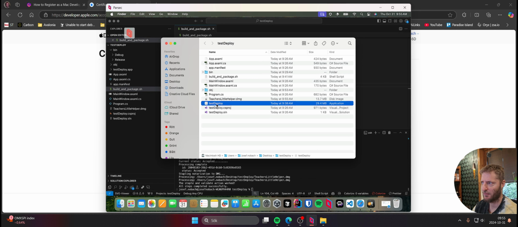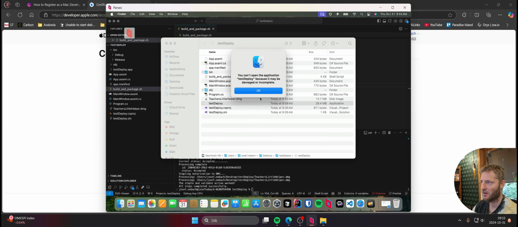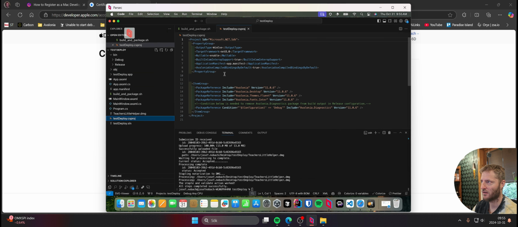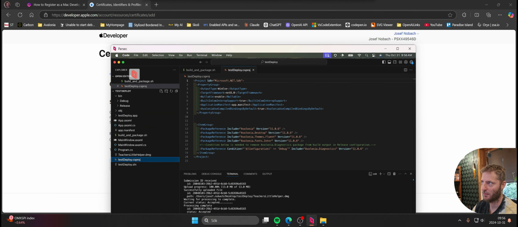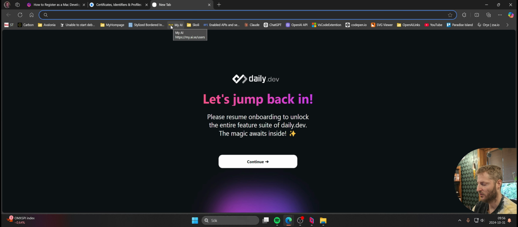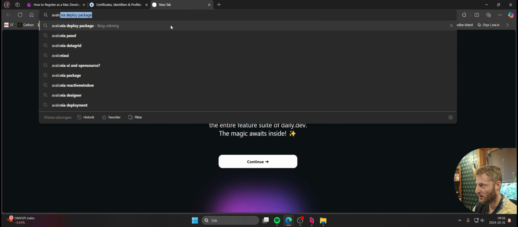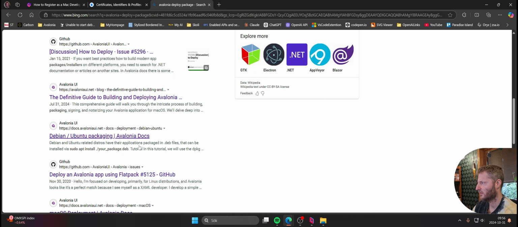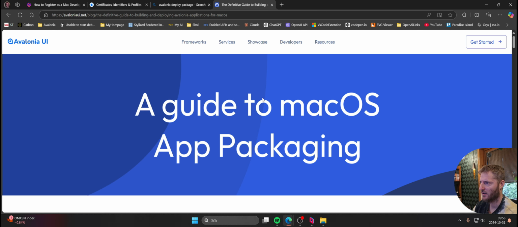We can see that the app is not deployed correctly. So there are still errors here. And that is because I haven't followed the steps here in the test deployment stage. So in the CS project, when you deploy, you need to specify certain steps. We can do that by using Mike's guide. So we could do Avalonia deploy package,